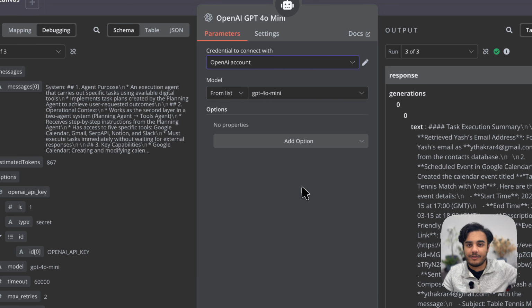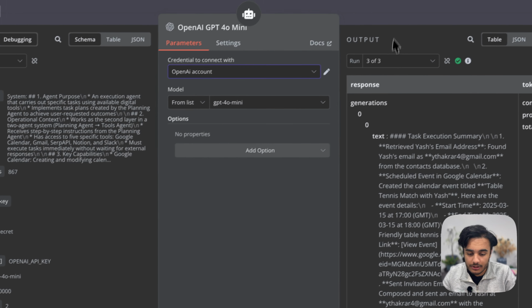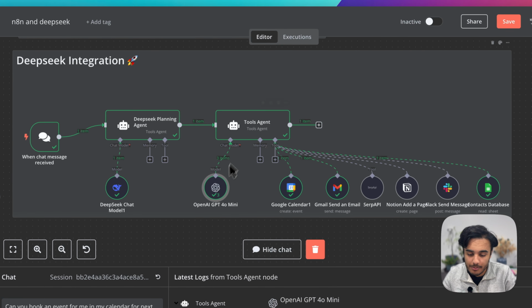I have an in-depth video on my YouTube and TikTok channel called How to Connect OpenAI to Make.com. The steps are pretty much the same on n8n as they are on Make.com, just a different platform. So you can watch that video if you're unsure how to do this. So awesome. Now that you've connected up your 4o Mini to this tools agent over here,